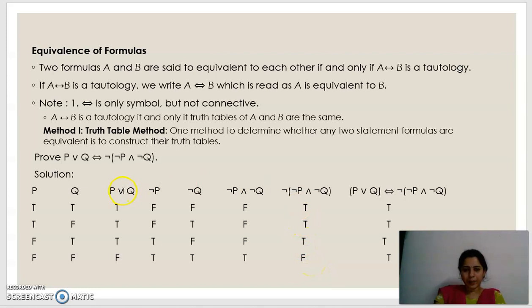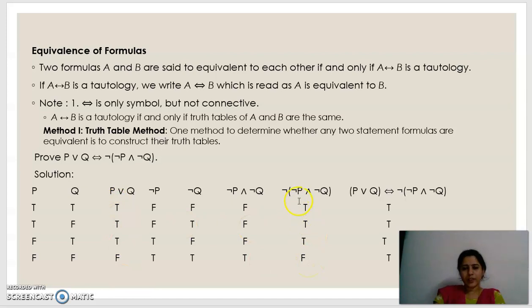If you observe the P or Q column and the negation of (not P and not Q) column, they match row by row, and the last one is false and false. So both columns have the same truth values.